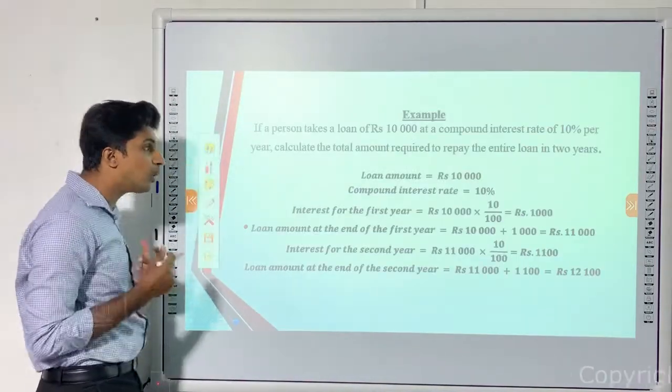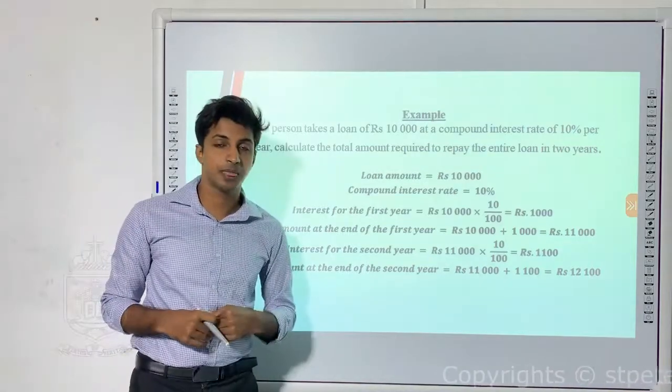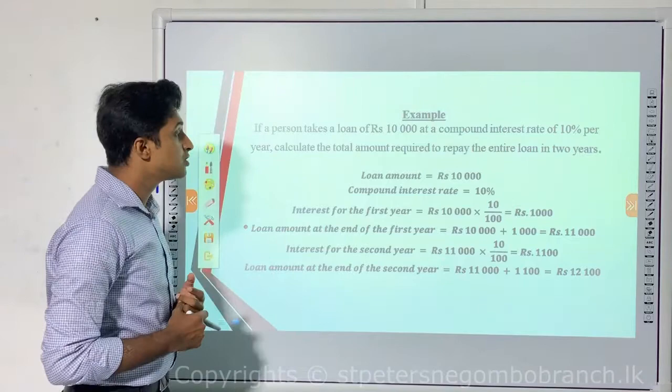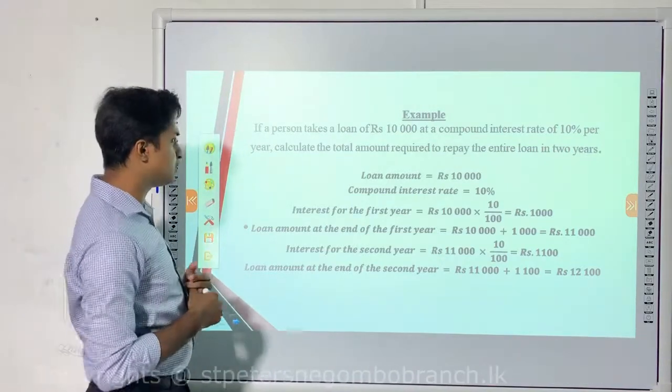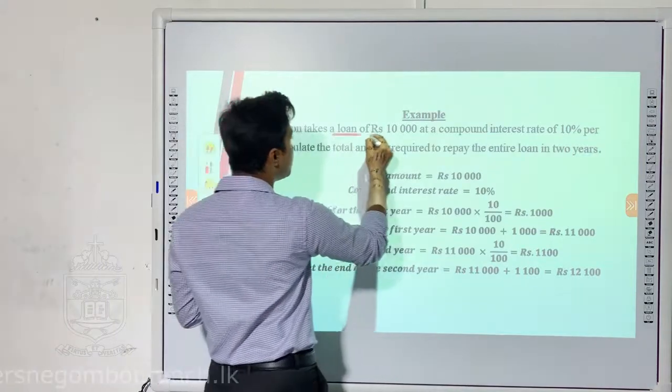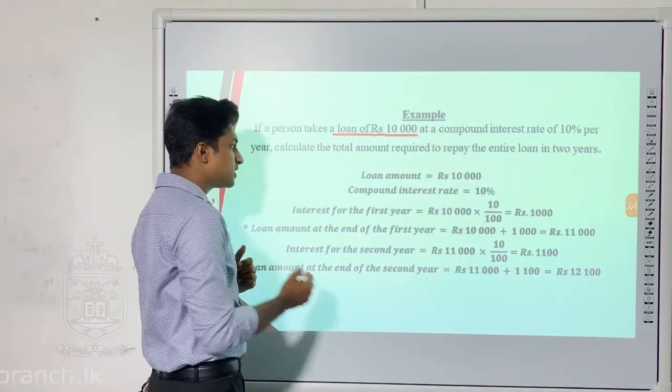Now we are coming to what is important for us, that is the mathematical side of compound interest. So let's take the question they have given you. If a person takes a loan of rupees 10,000, that means the loan amount is rupees 10,000. See, I have marked it,